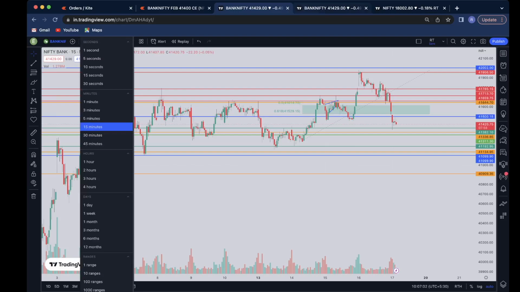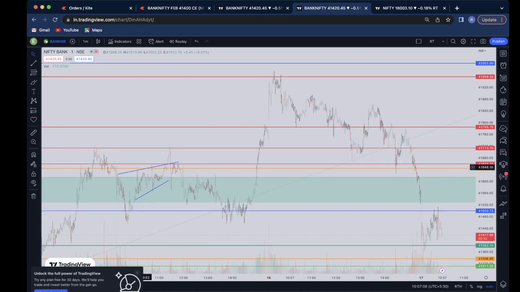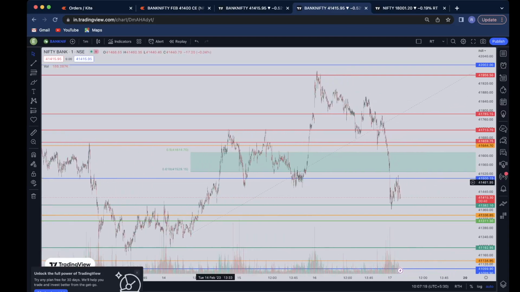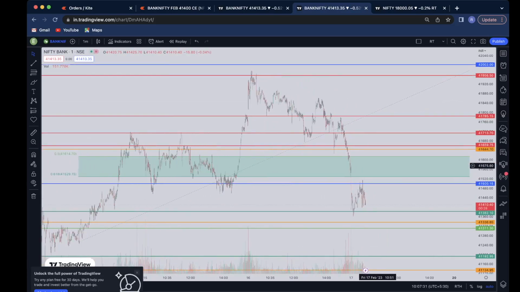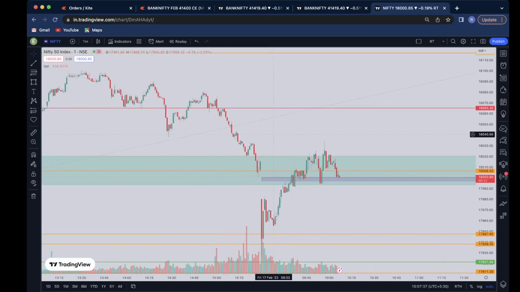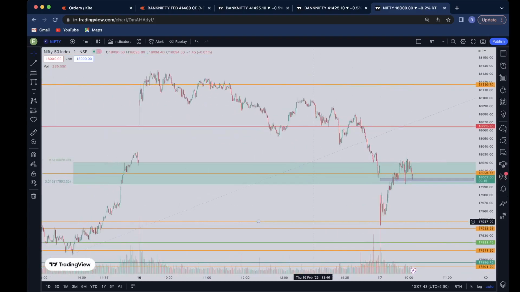So today, in a similar fashion, the market gave a breakdown. First of all, we clearly see that the market has taken a good support at around 41,500 level, and it is also forming a head and shoulder pattern. The market gave a breakdown today at the very psychological level of 41,500. At the same time, Nifty also gave a breakdown of the very important psychological level of 18,000. It gave a very big red candle.